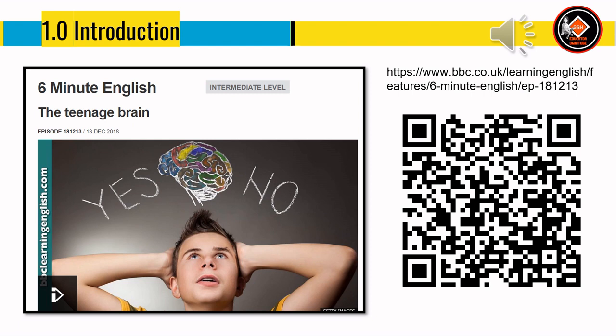How about you, Neil? Well, much the same, really. People always say that about teenagers, don't they? That they go through a period when they're out of control and behave badly. But apparently, it's not their fault. At least, not directly. So whose fault is it? Our brains, apparently. Teenagers' brains are still developing in areas that control behaviour, which could mean that you can't blame them for acting the way they do.